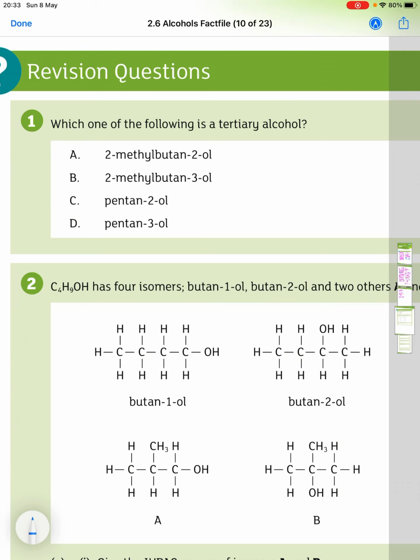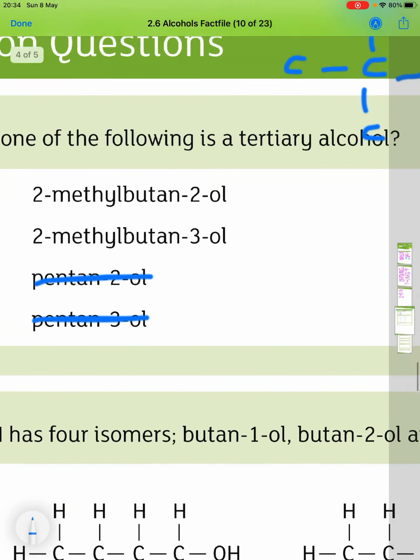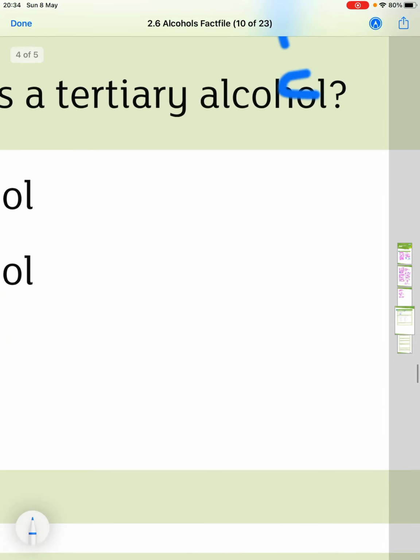I'm going to rule out pentan-2-ol and pentan-3-ol straight away because there are no methyl chains, so we know that it's not going to be a tertiary alcohol. Tertiary has to have the OH attached to a carbon which is joined to 3 other carbons. That's what we're looking for here. So if we look at A, 2-methyl-butan-2-ol,